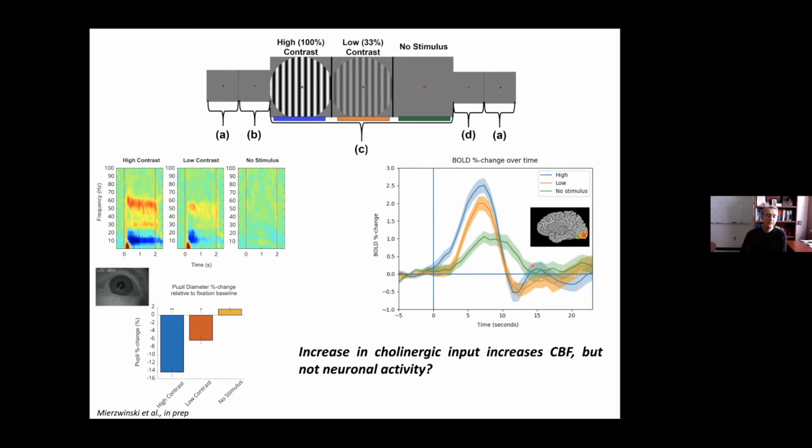And so when we look at the pupil using measures of pupil diameter, we found that, of course, when you present the retina with visual stimulation, the pupil will contract. But when no stimulus was presented, we saw the pupil actually dilate. And we think this is because they're anticipating the arrival of a stimulus that never arrives, which probably activates the cholinergic system, which might have a direct pathway to the vasculature, but not so much to the neurons, at least not enough that we can measure it with EEG.